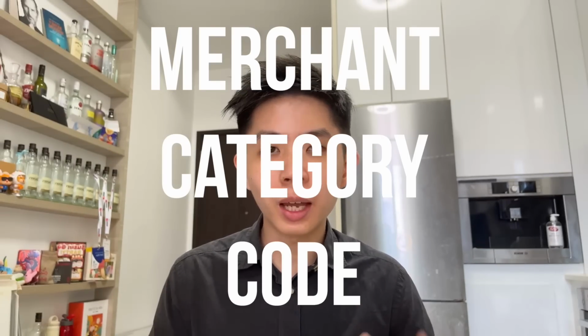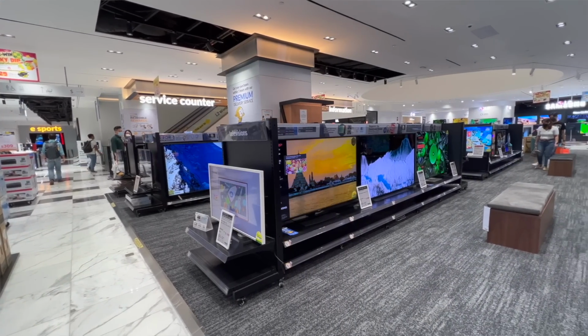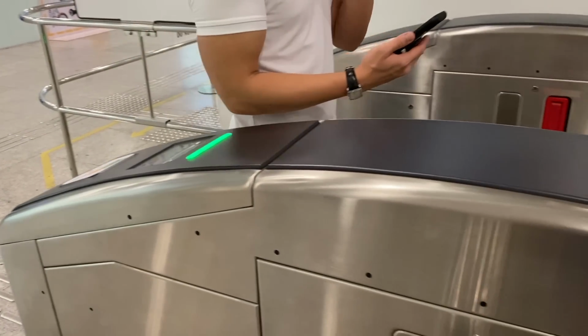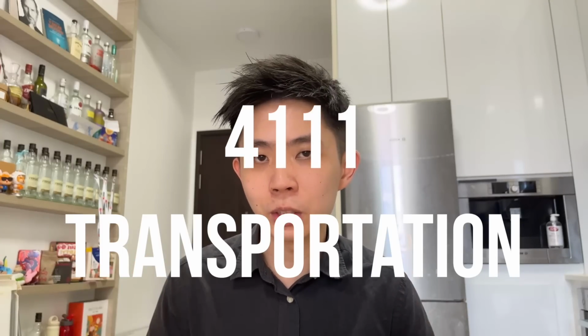MCC stands for Merchant Category Code, and they are code numbers given to different merchants that match with the nature of their business. For instance, if you go to an electronic store, chances are it is going to be 5732 for electronic sales. And for Simply Go, for our bus and MRT rides, right, they are tagged under 4111, which is public transportation. So to see if your particular card gives you the high rewards on these codes, you have to dig through the terms and conditions,